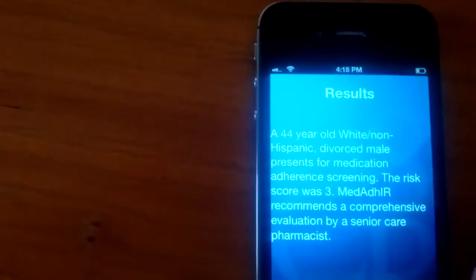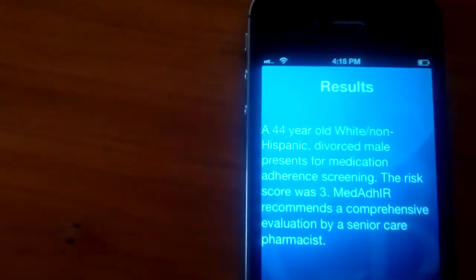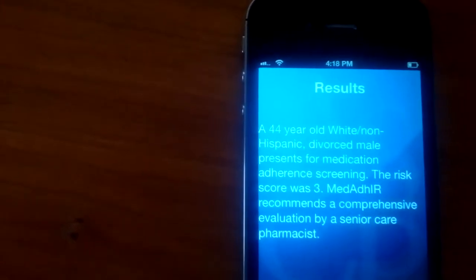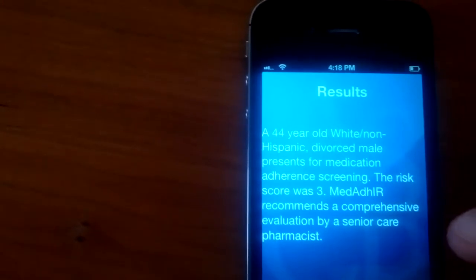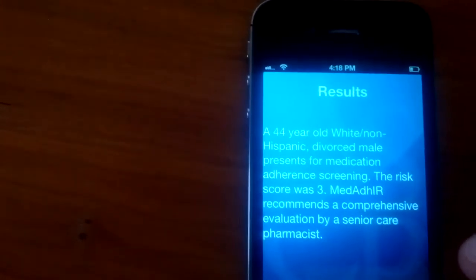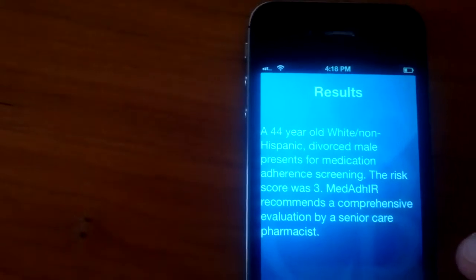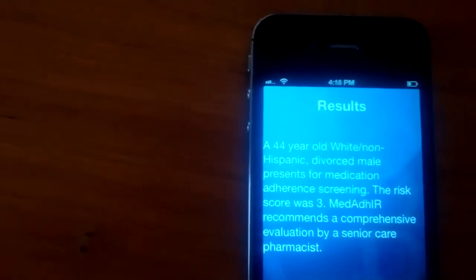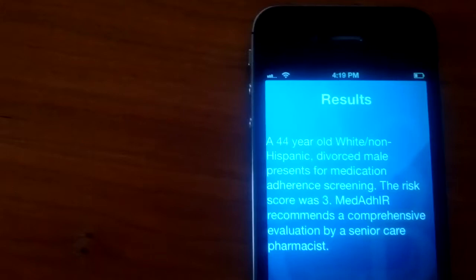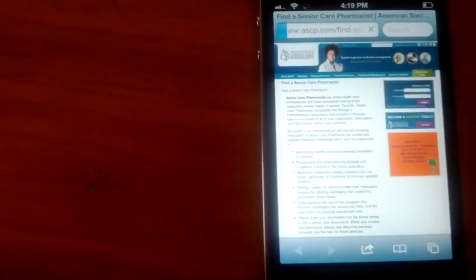And so what you get is a report there that's sort of a summary report. It gives the demographics first. It says the risk score was 3. MedAdhIR recommends a comprehensive evaluation by a senior care pharmacist. So one of the things that you can do is refer to a senior care pharmacist. I hit the refer button, and